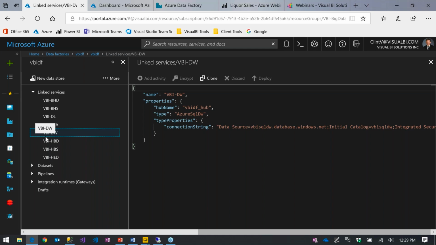When I click on any one of these, what it's going to show me here is a series of JSON code. If you haven't seen this before, it's just attributes and values. This is what Azure consumes to understand how to make that connection. When I flip over to version 2 of the data factory, one of the things they've enhanced is they've put a lot of user interface on top of this to help, so you're not just typing JSON code as much.